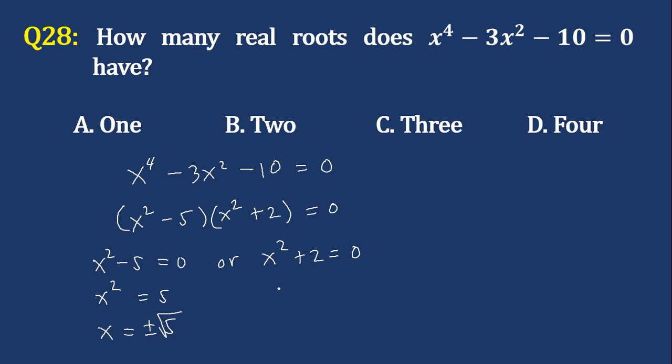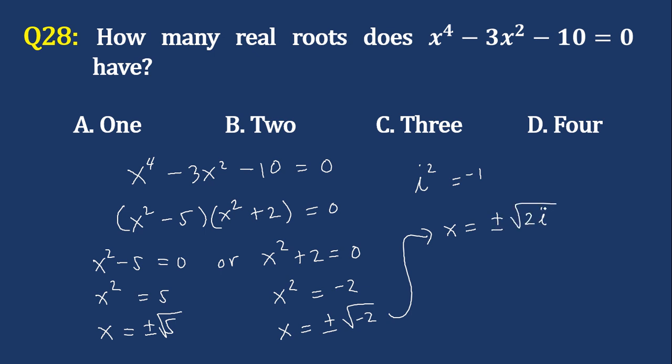Similarly, we have here x squared equals negative 2. Get the square root of both sides. x equals plus minus the square root of negative 2. Take note, we have a negative number under the square root symbol, so this is actually an imaginary number. Take note also that i squared is equal to negative 1. So i is an imaginary number. So this is going to be x equals plus minus